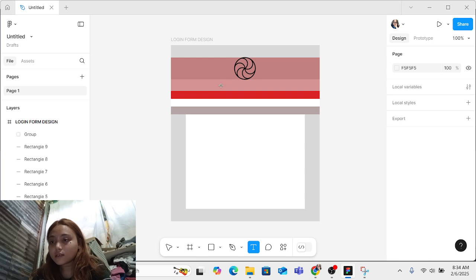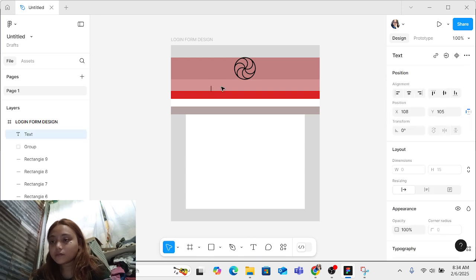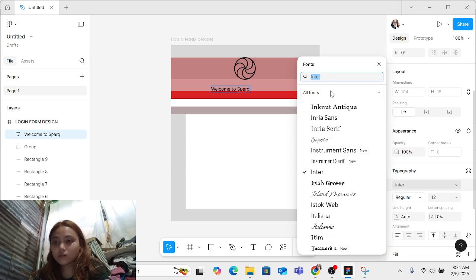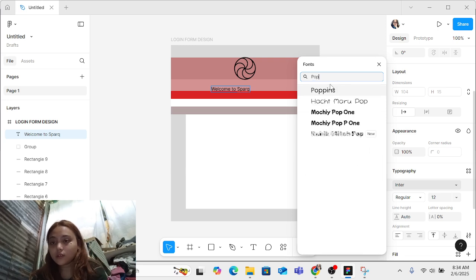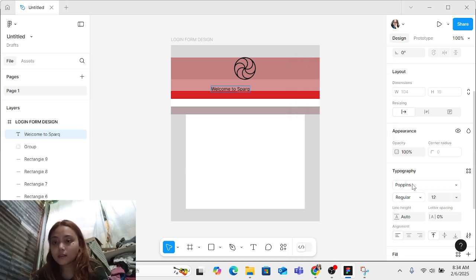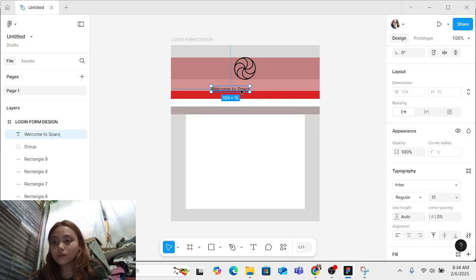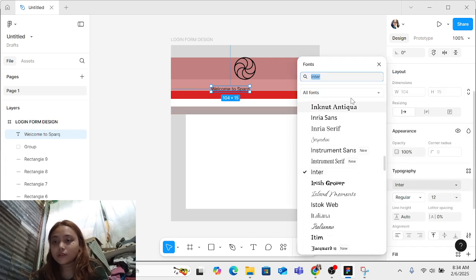Let's put text here. And welcome to Spark. Cute. So let's change the font style to Poppins.